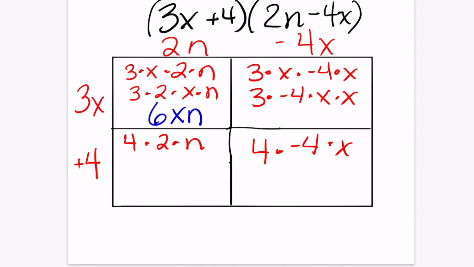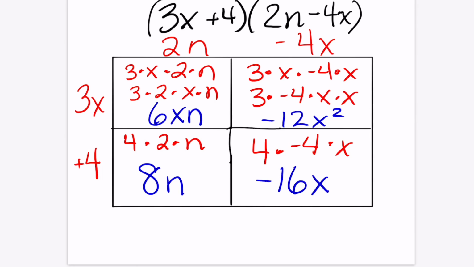3 times negative 4 is negative 12, and x to the second power because I have 2 x's being multiplied. 4 times 2 is already next to each other, so that's 8 and just n. And 4 times negative 4 is already next to each other, so negative 16 times x. And now I'm just going to put all those things together. 6xn minus 12x to the second power plus